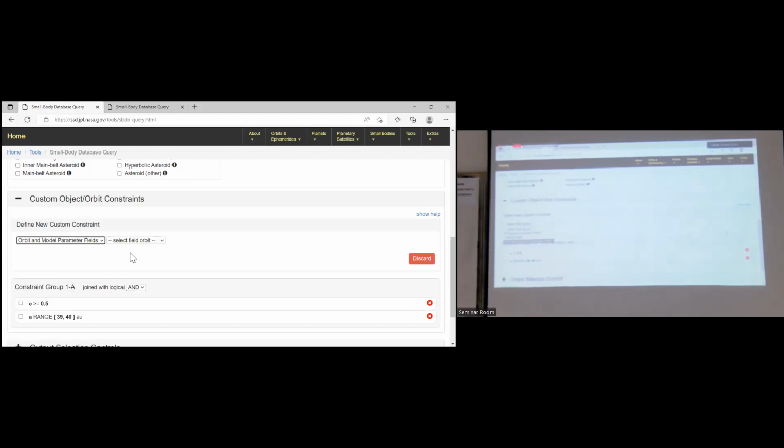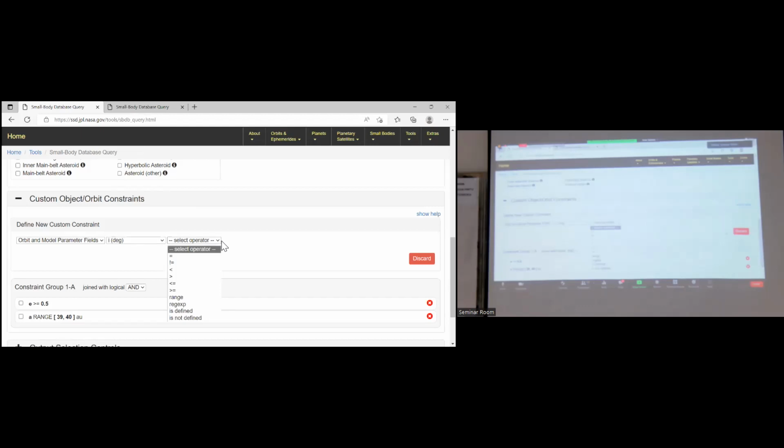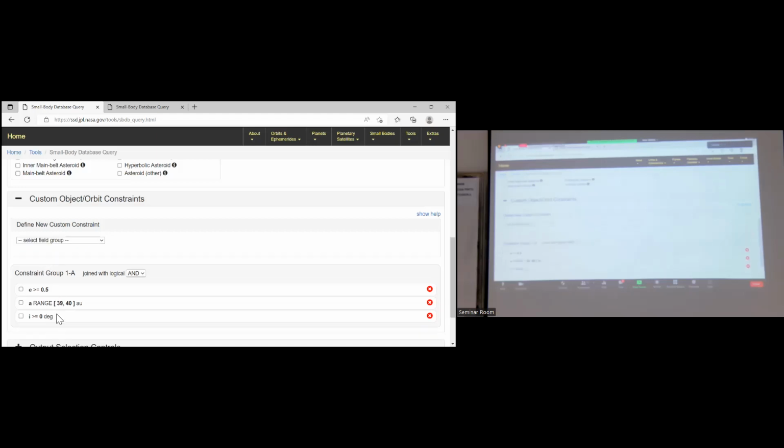Now we will have inclination I in degrees. Do you know the suggested value? More than or equal to 0. Okay, add constraint again. So we have 3. Now, what next?